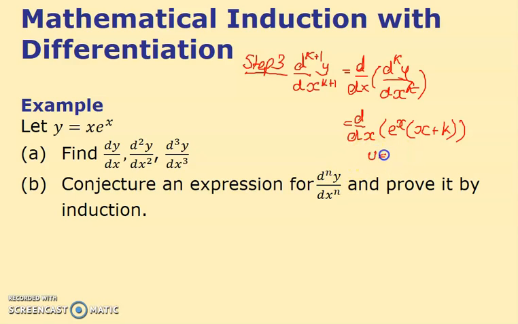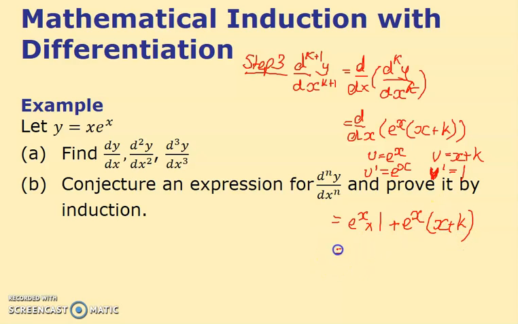So it's a product again: u equals e to the x, u dash equals e to the x, v equals x plus k, v dash equals 1. So therefore when I differentiate this thing, I get e to the x times 1 plus e to the x times x plus k, which equals e to the x plus e to the x times x plus k. And essentially I can take e to the x out as a common factor of these two expressions. I get x plus k from here plus the 1 from here,